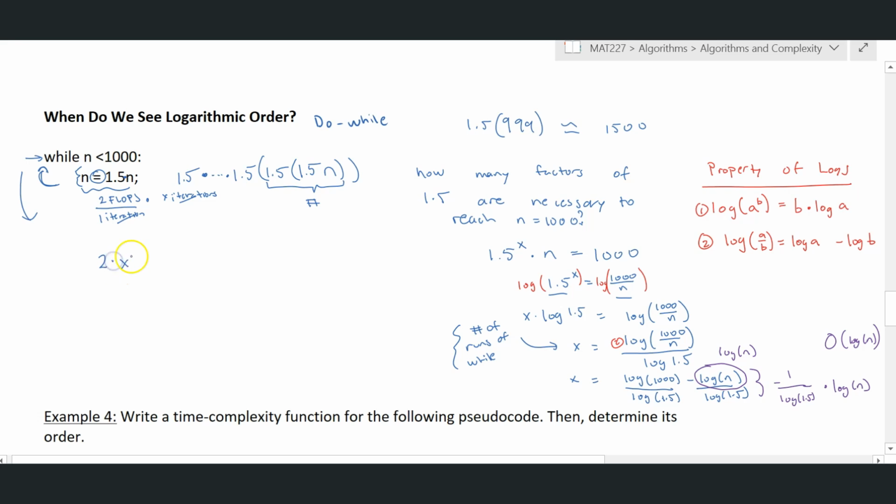So this will be 2 times x, and now just put it in terms of the unknown quantity, right? Because x was something we introduced, representing the number of multiplications that would need to take place. And we just found out that x is equal to log of 1,000 over n divided by log of 1.5. So again, no need to simplify that. I just really wanted you to see that 1,000 over n, it splits up because of property number 2 here. And there we go. So this is the time complexity function for this block of code. And this is exactly where we see logarithmic